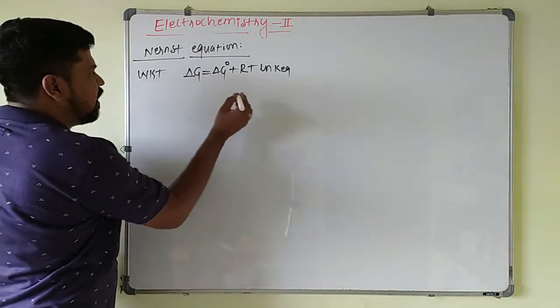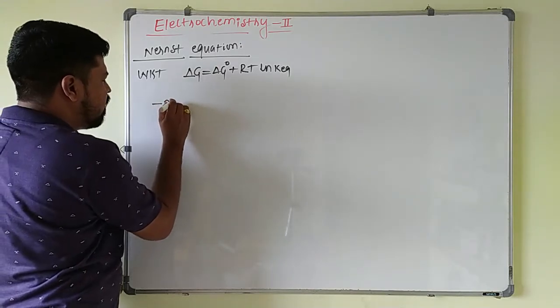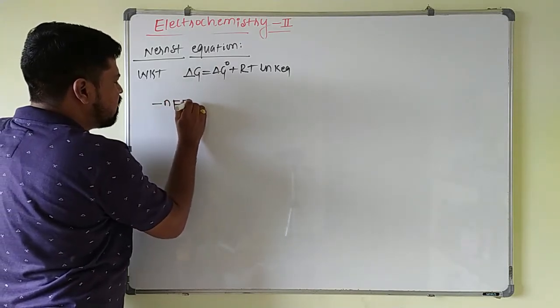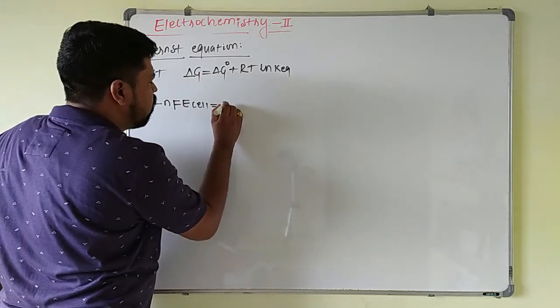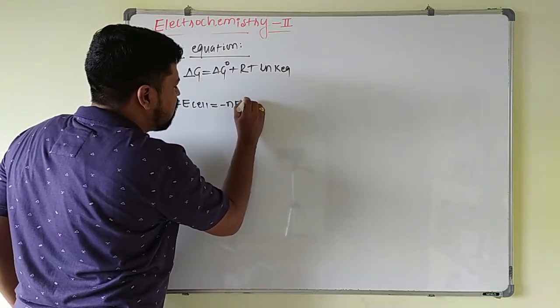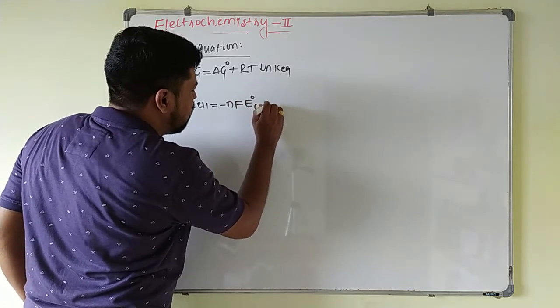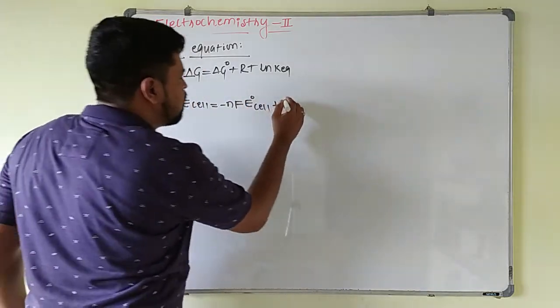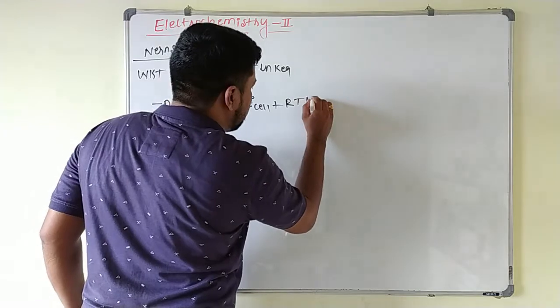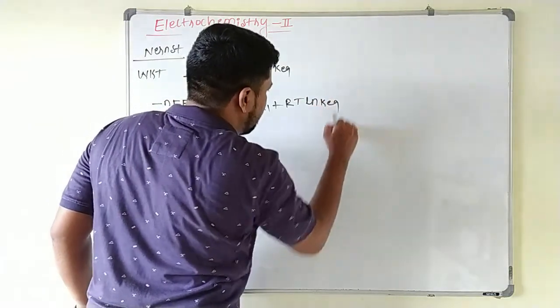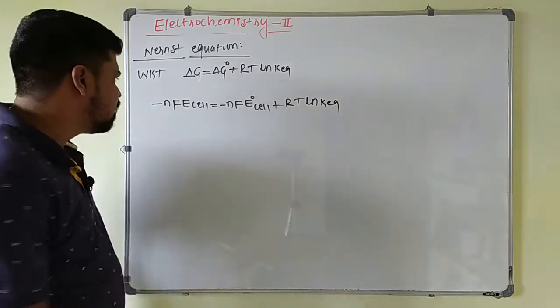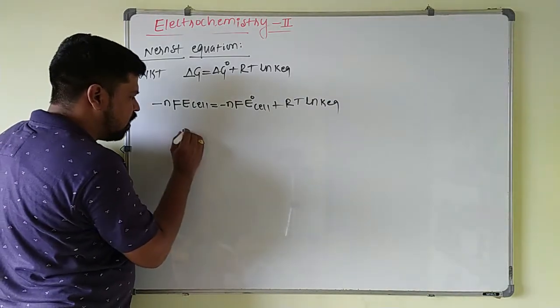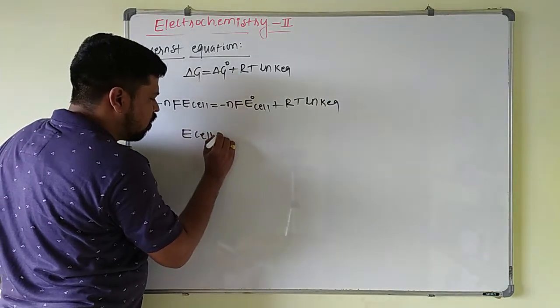So this delta G value will be equal to minus nF E naught cell, this is a standard cell potential, plus this RT ln K equilibrium as it is. Now in this one you take minus nF as a common, so this becomes